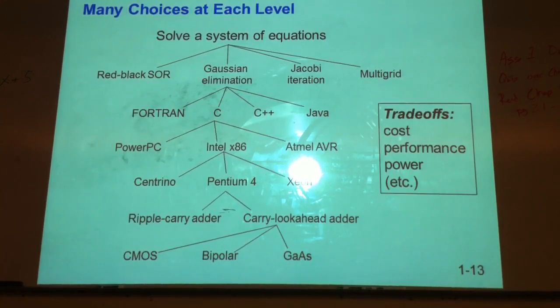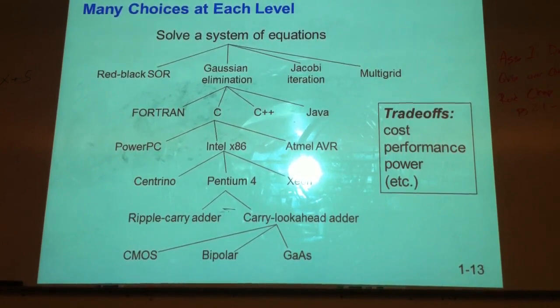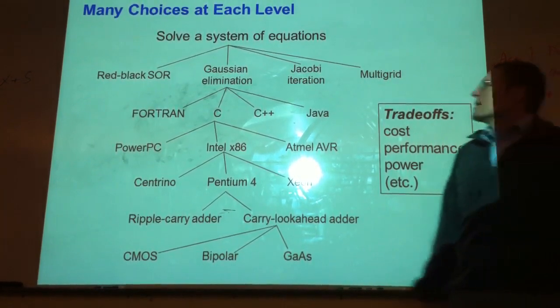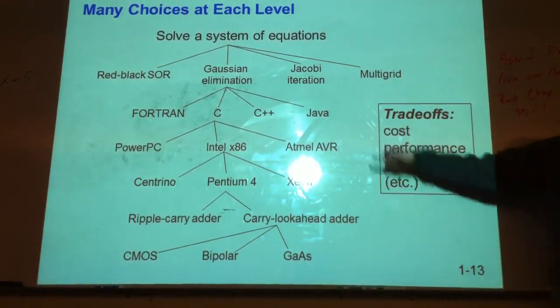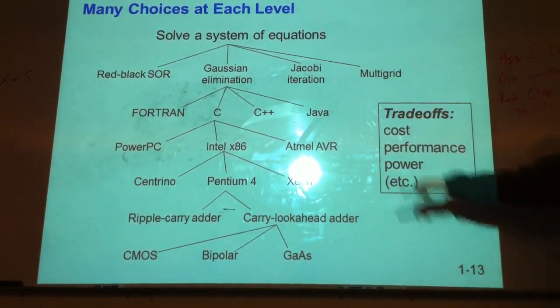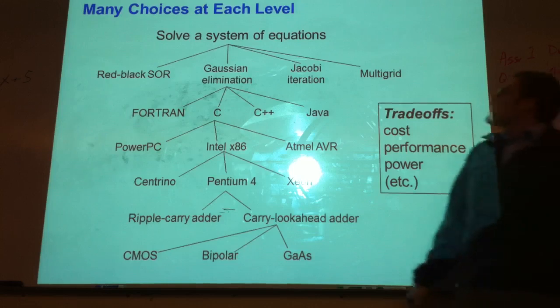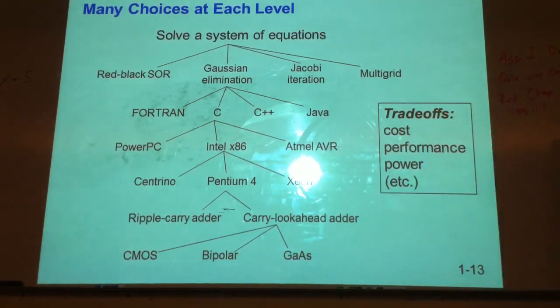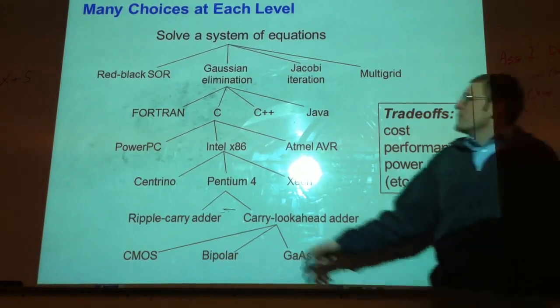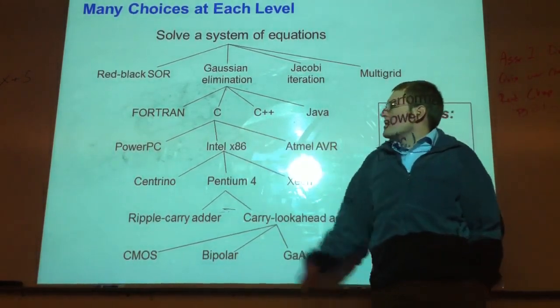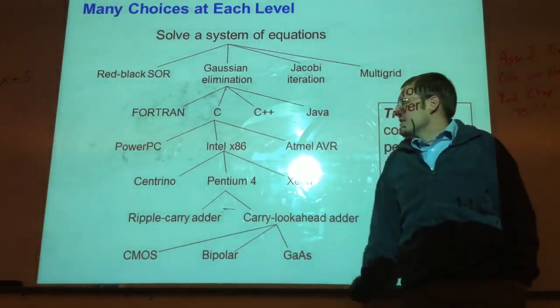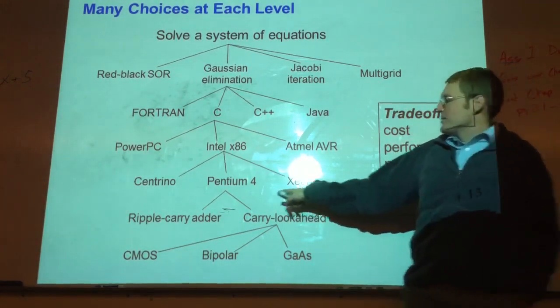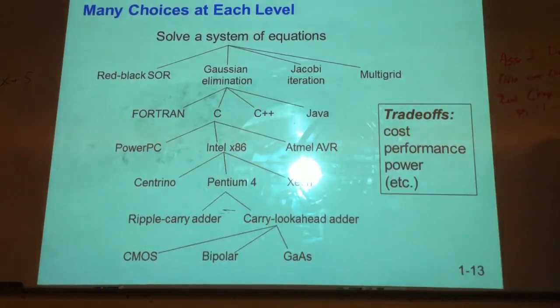So, if you want to look at it in a graph, we want to solve the Gaussian elimination problem to solve a system of equations. If you took algebra, hopefully you know systems of equations. In this example, they used Gaussian elimination. Then they had the choices of languages they wanted to use. It was C. And of course, they went with the Intel x86 architecture, the standard that we all use. Of course, they picked Pentium. And then down below,